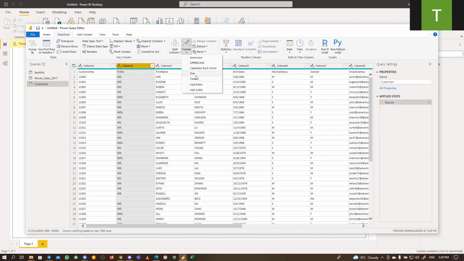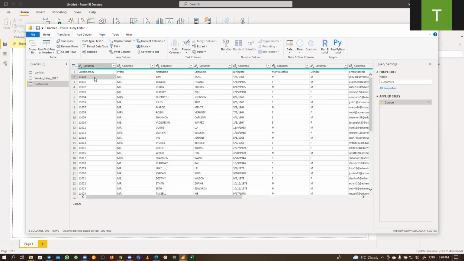So trim and clean. These two features are very important tools in Power BI. In Excel, yes, you use them too, especially when you have to do some calculations. But it is very important to address it because Power BI recognizes space. I mean, it takes space as a character, technically. So sometimes this might come with a space, for instance, from the data set, and you wouldn't know. By the time you are transforming that data or using it to analyze, that space will be added to the analysis. Maybe instead of Power BI taking this as a number, it will be taking it as a string because it has a space in it.